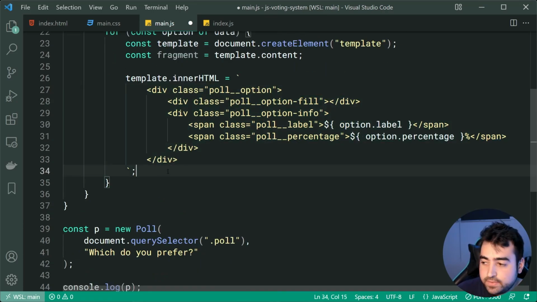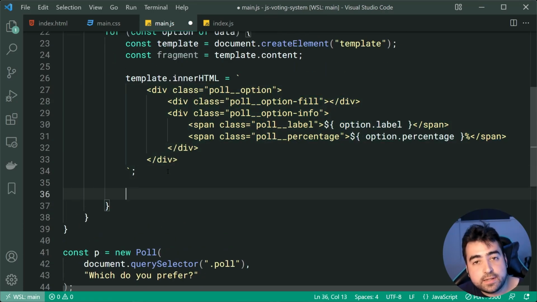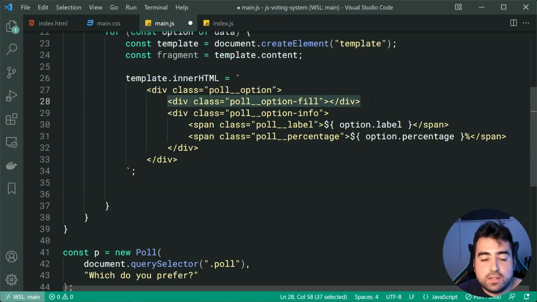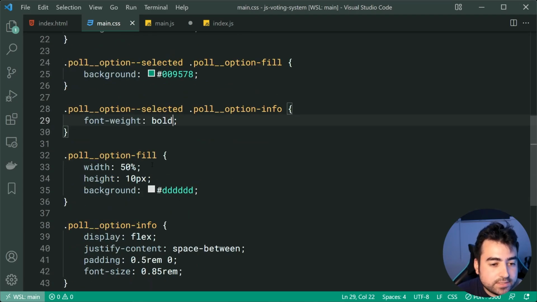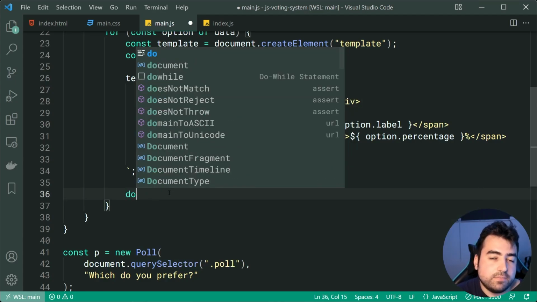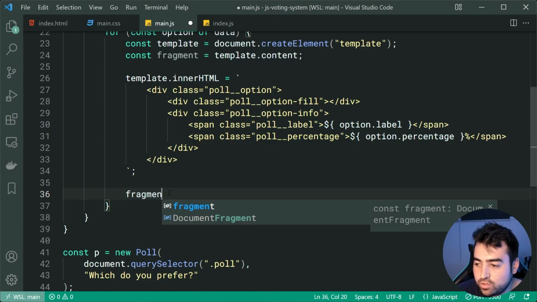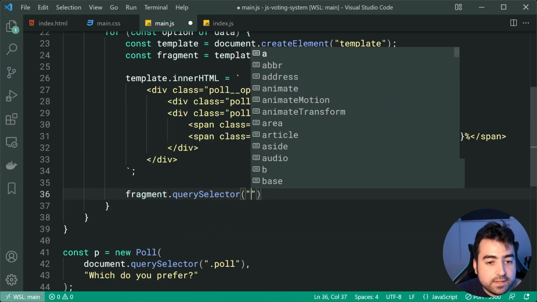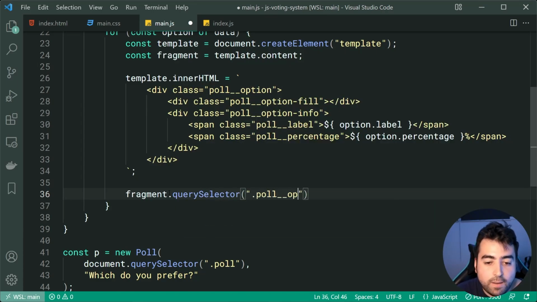So next step is going to be to drop down here, and we're going to be setting some more things for the actual elements here. So that particular thing is going to be the fill. So like I said earlier, this with the 50% on the fill is the default. So we're going to override this value in the JavaScript by saying here, fragment.querySelector. Going to be selecting here the class of poll__option-fill. So for that fill div, we'll just say here style.width